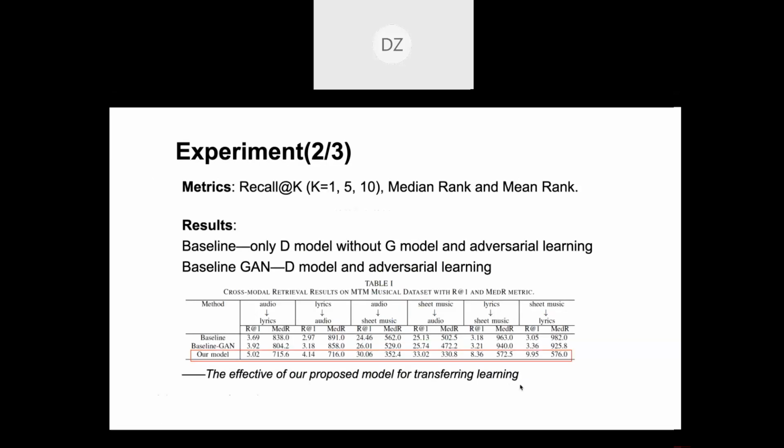In the experiments, we apply some metrics for the cross-modal retrieval, like recall at K, and median rank and mean rank. So firstly, we decide some baselines. The first is named baseline. It's only the discriminative model without the G model and without the adversarial learning. The second is baseline plus, an extension of the baseline. It has the D model and